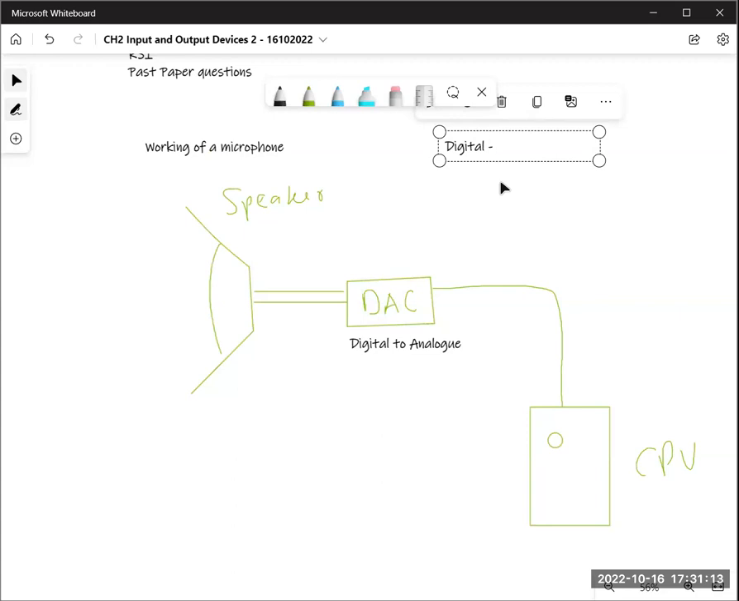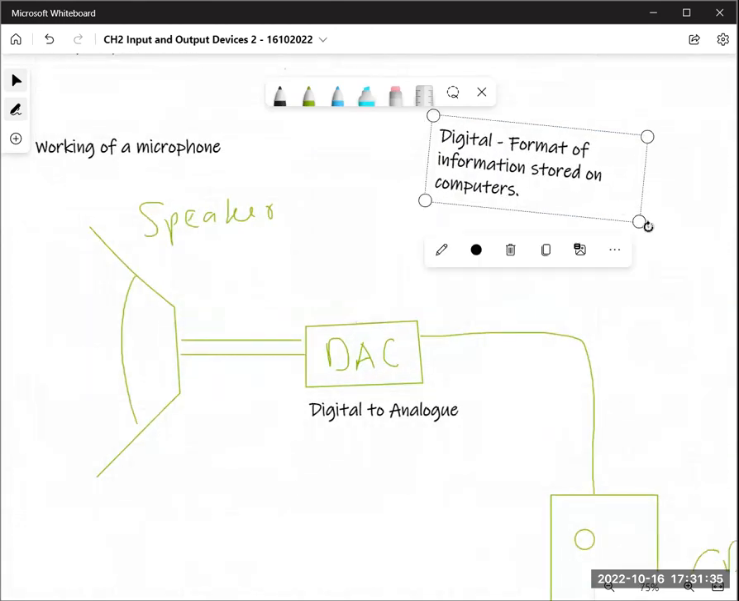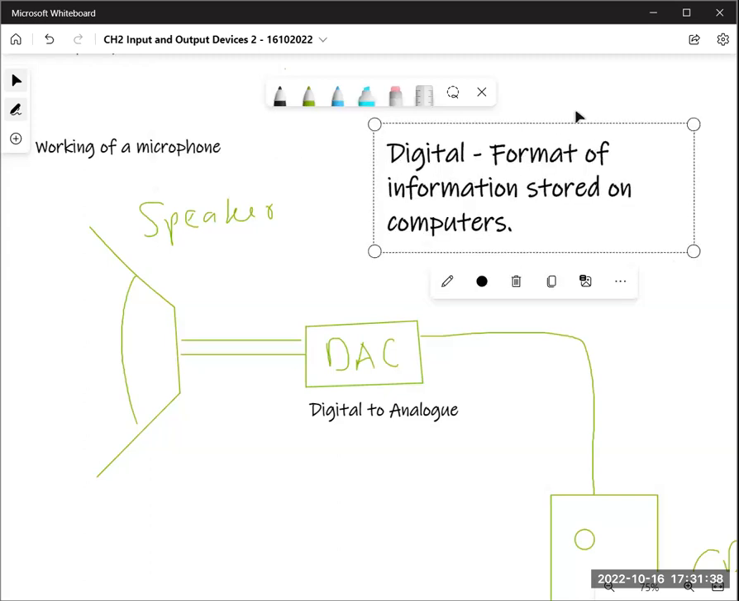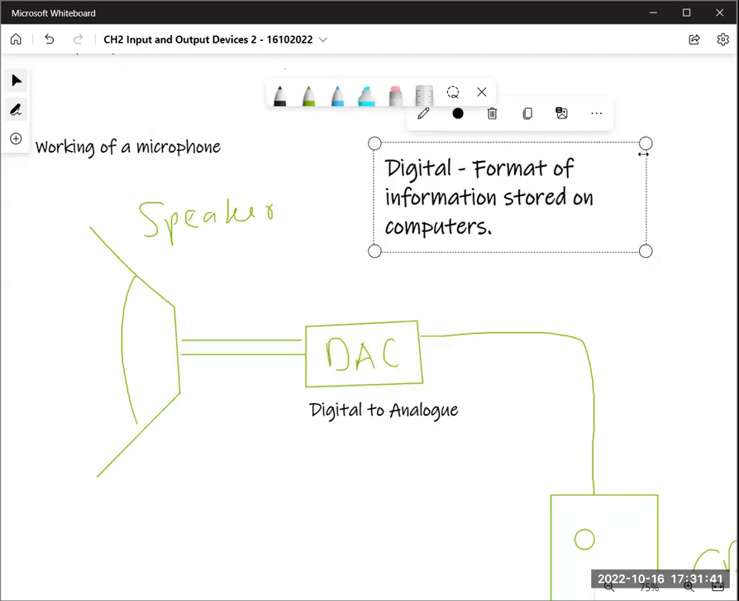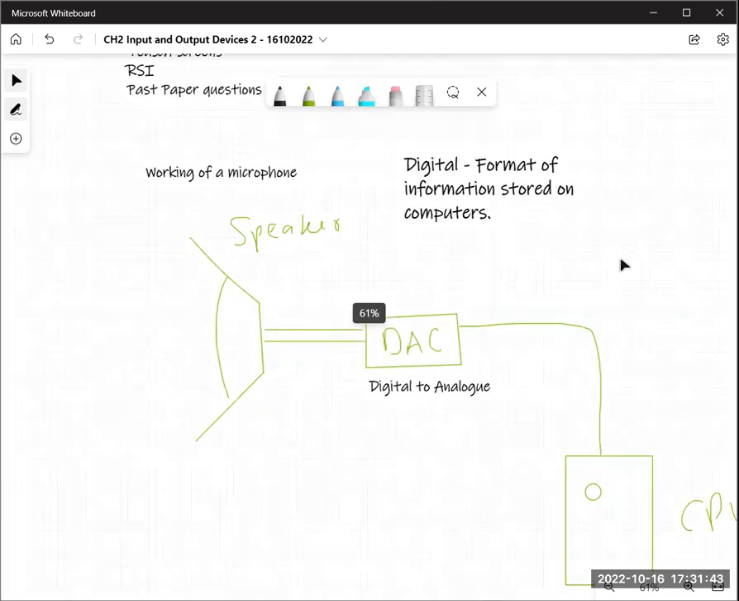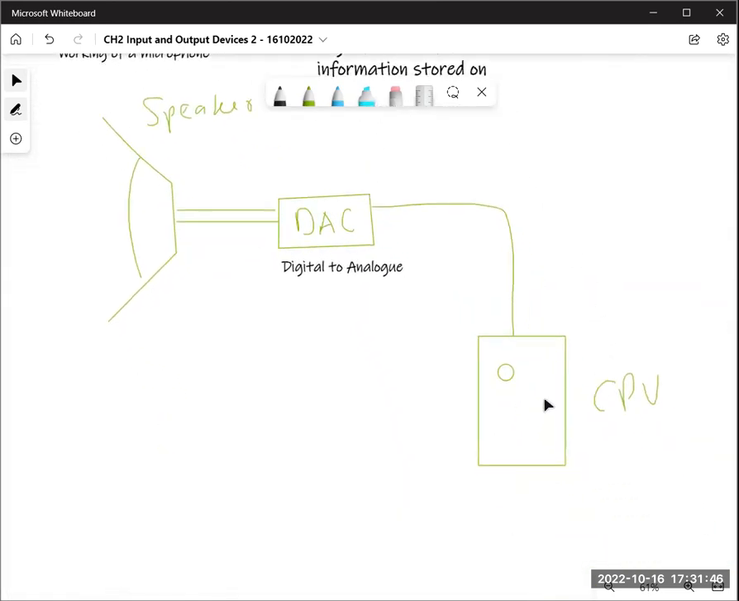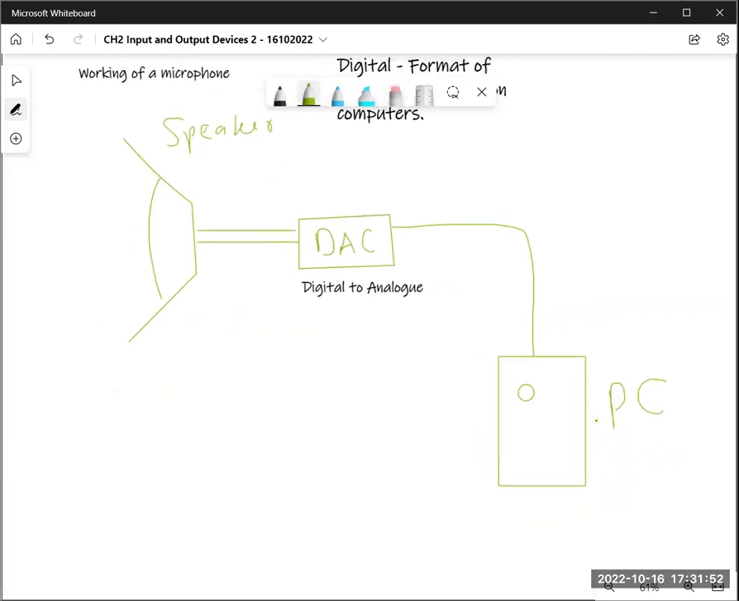The definition. Digital means information, or the format of information, stored on computers. So whatever is stored on a computer is digital. Is that clear? Yes, sir. That is the form, how it is stored. The method of storing is called digital. So whatever is on your computer here, or let's write instead of CPU, let's say PC,